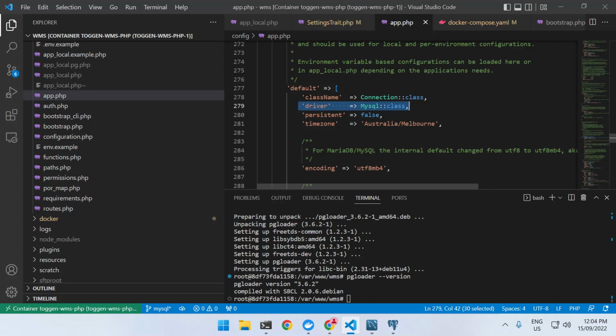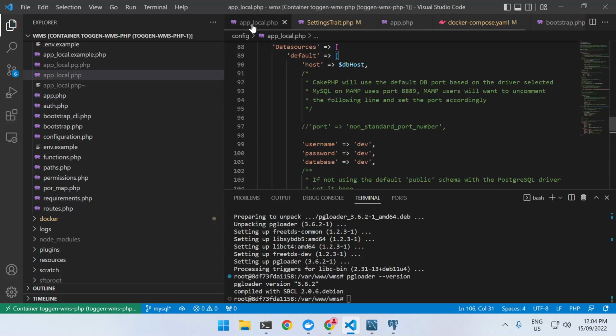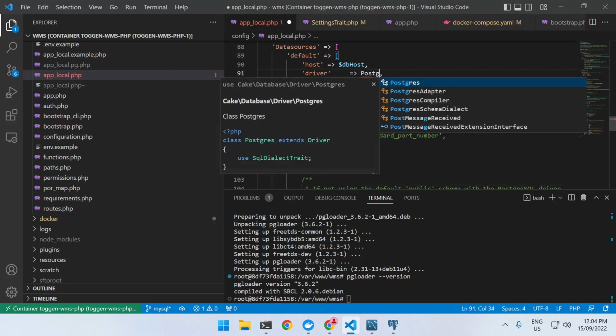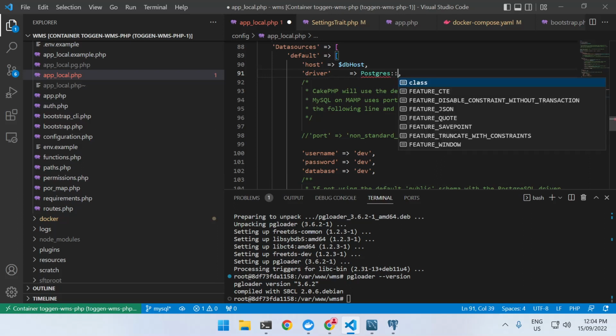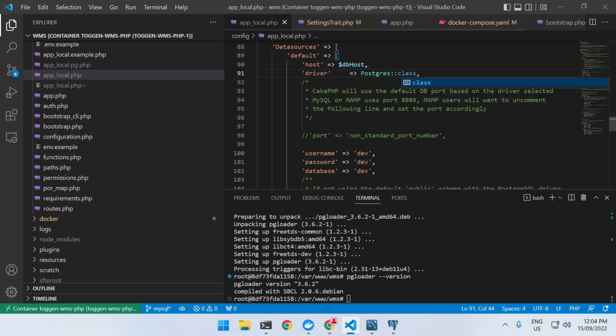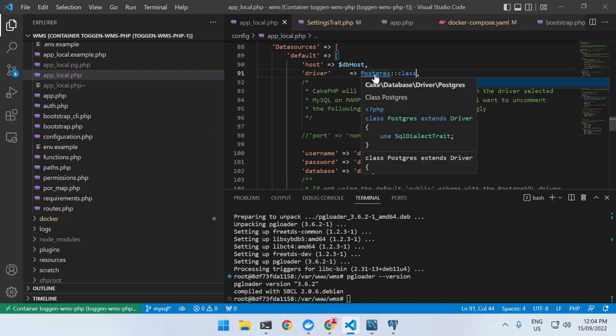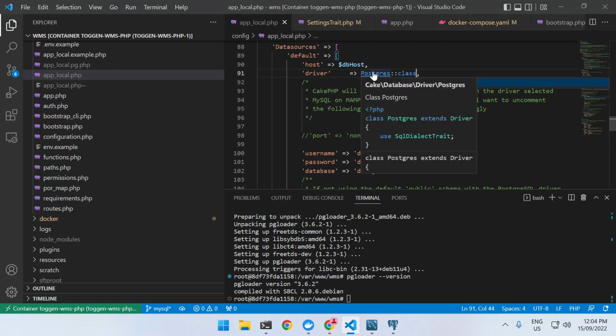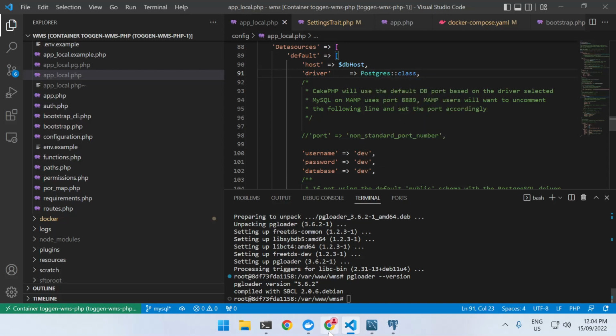So what we're going to do here is go back to our app local and paste in our MySQL driver, but this time we need to specify that it's going to be a PostgreSQL driver. Notice that's the full class name there, so you need to pull that in at the top of your class or your file to get that referenced properly. Let's try again,